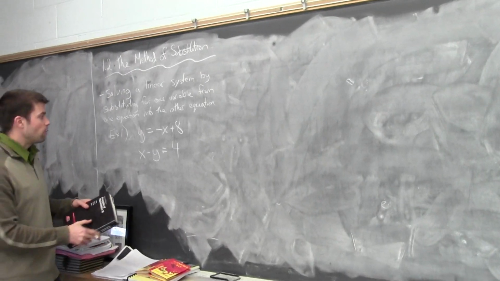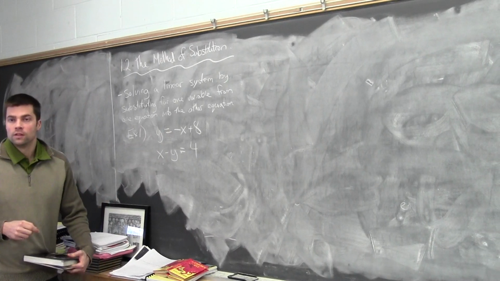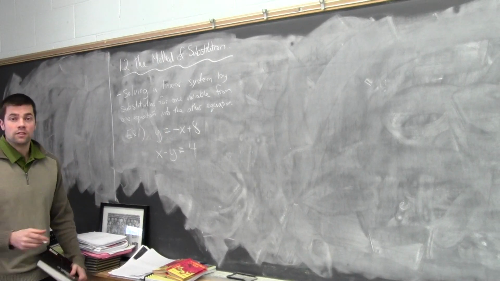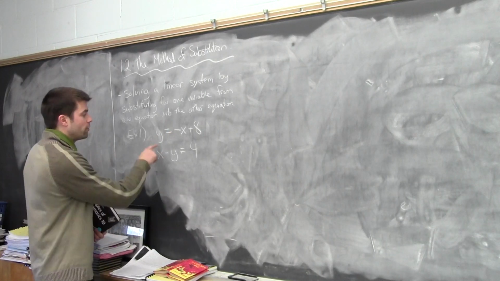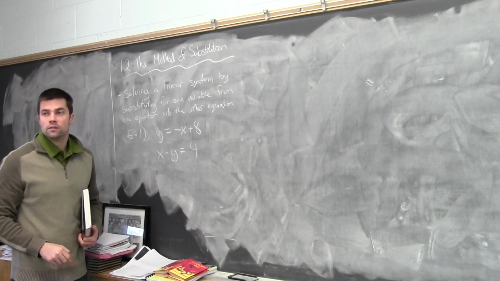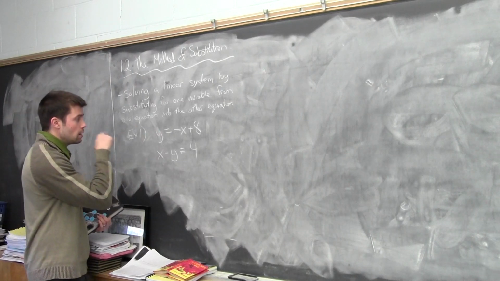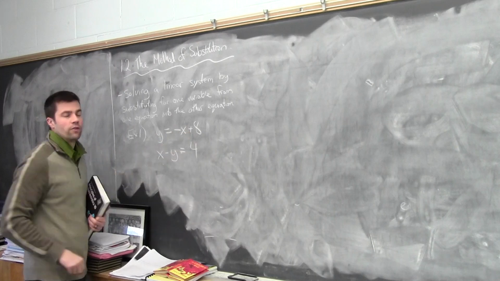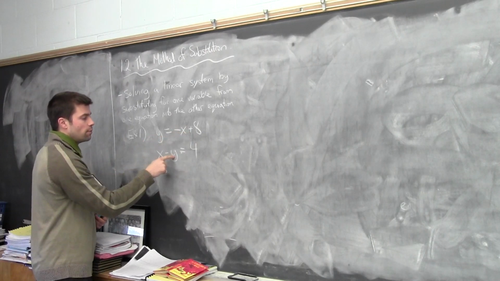So the first thing we want to do is isolate one of these equations for one of the variables. The nice thing that you can see already is it's already done. We already have the first equation isolated for y. It might be because it's the first example, so we're starting out easy. But you can see y is already equal to negative x plus 8. So all I'm going to do is take that value of y and sub it in for y in the